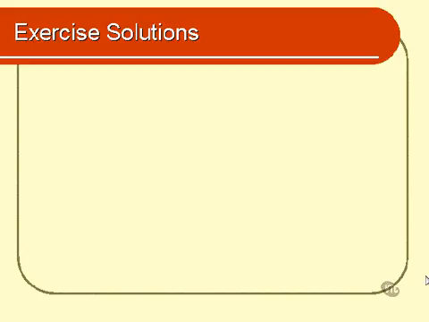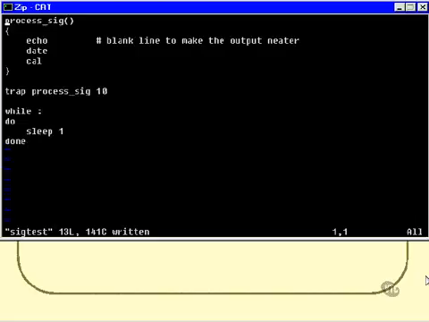And here are the solutions to the final exercises for the course. Here's my solution to the signal question that I posed to you. I have a program whose sole purpose in life is to just go around this while loop, just sleeping for 1 second each time through the loop. And then at some point, if a signal 10 is received, then we can call the function called process_sig, which